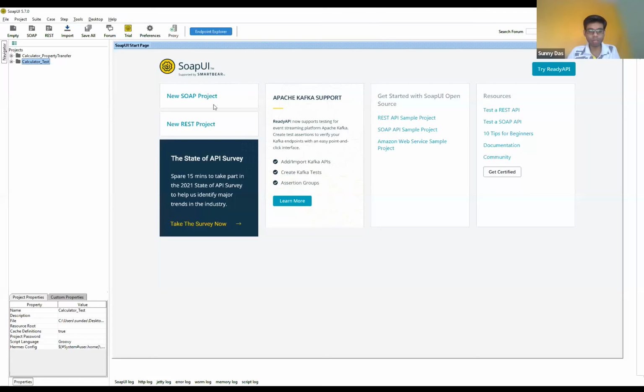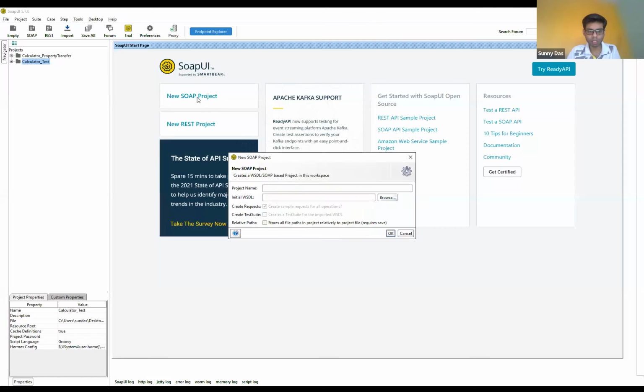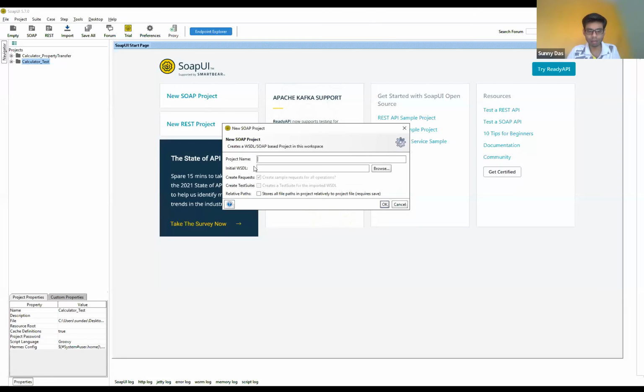So again, we are going to create a new project, right? So I will click on the new SOAP project, which will create a new project for me. It will ask me about the project name and initial WSDL. So I'll just paste the initial WSDL, which is our calculator application. And the project name, I will give something like